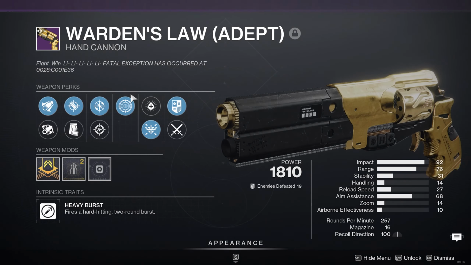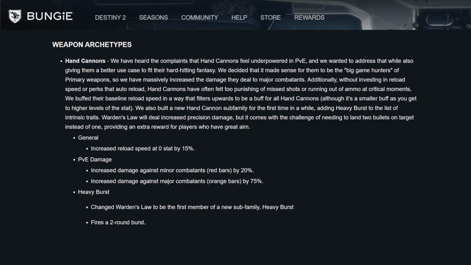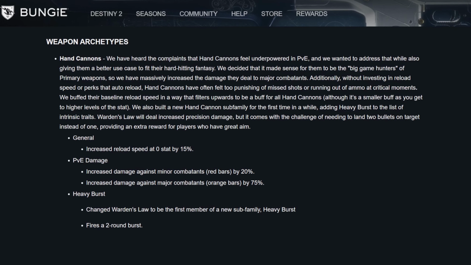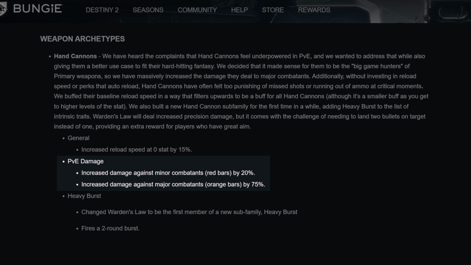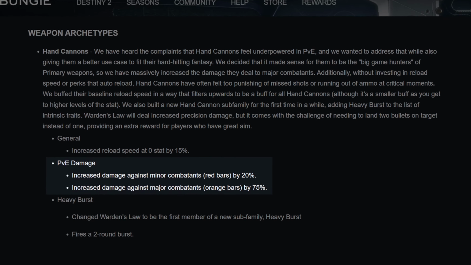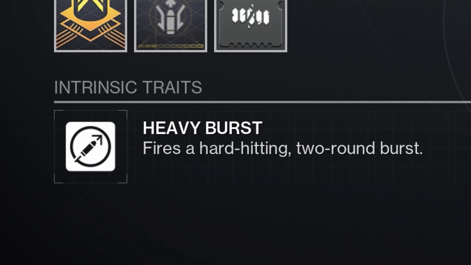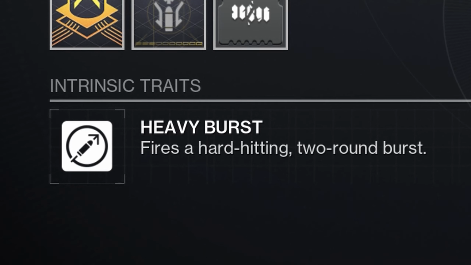Warden's Law is the new reprised Nightfall legendary hand cannon in Season of the Witch. Hand cannons received a substantial buff in PvE this season, dealing 20% more damage to red bars and a massive 75% more damage to mages. But alongside that, the new heavy burst archetype of Warden's Law makes it very strong compared to many other hand